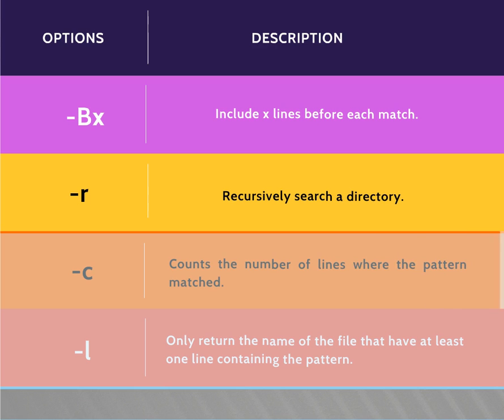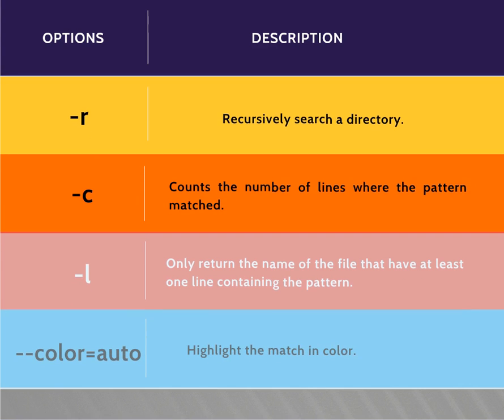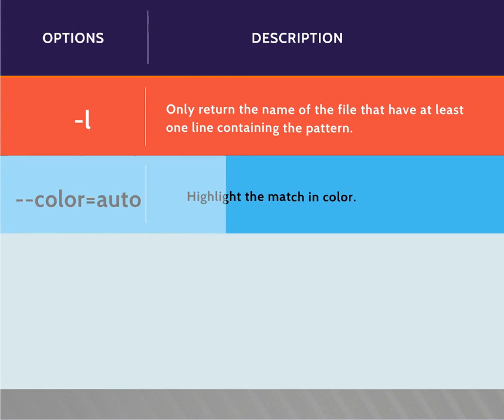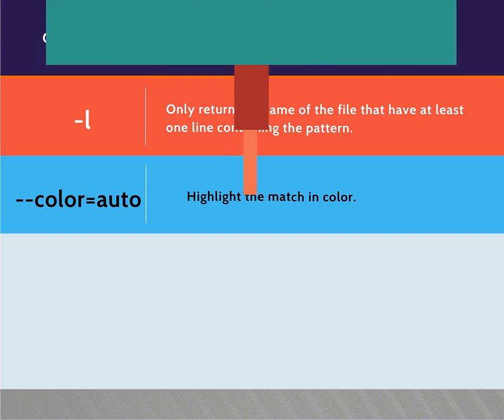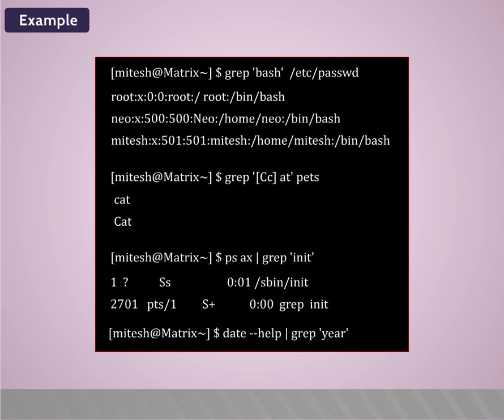-r, recursively search a directory. -c, counts the number of lines where the pattern matched. -l, only return the names of the files that have at least one line containing the pattern. --color=auto, highlight the match in color. Example: